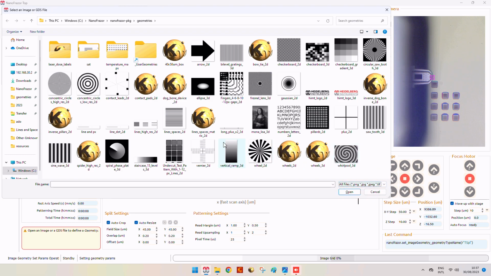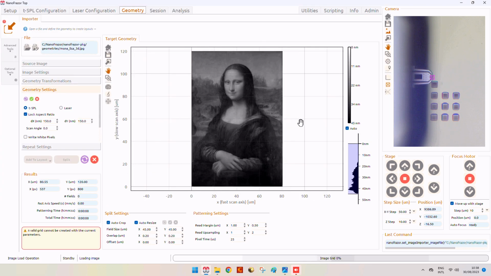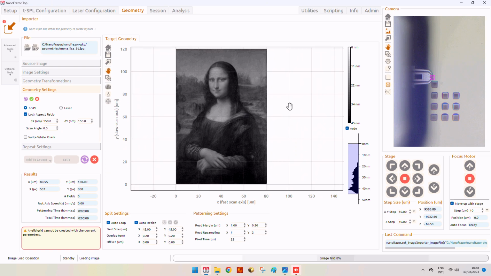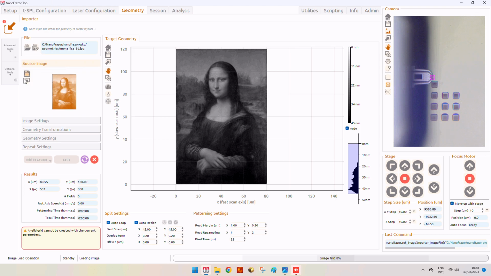For the sake of simplicity, let's open a simple design. Let's make it a Mona Lisa, which is a PNG file. Actually, sorry, JPEG file. Once we have imported it, we can see the source of the image. We can also save it in case it's necessary.